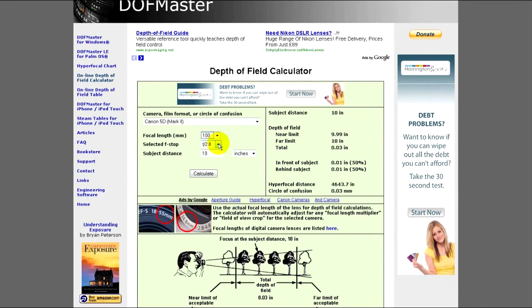So if I'm using that setup to take a photo of something that's 10 inches away, you can see over here that the near limit and far limit are very shallow, and you've only got 0.03 inches depth of field. So that's how much of the actual object you're photographing is in focus. So let's say it's an object that's 5 inches thick or deep, you're only going to get the tiniest portion